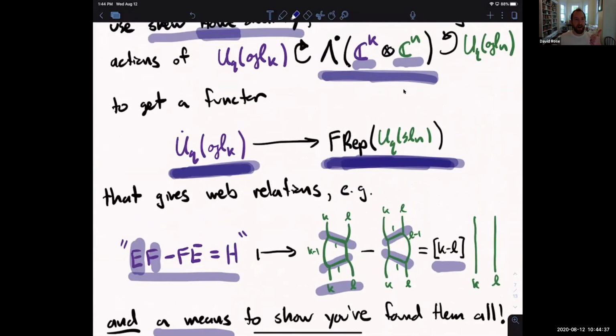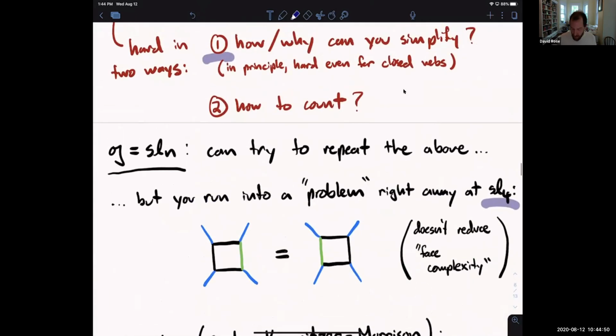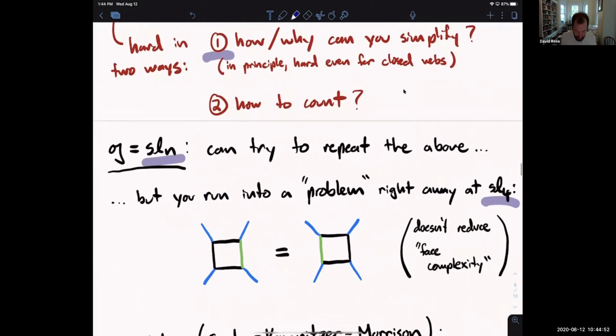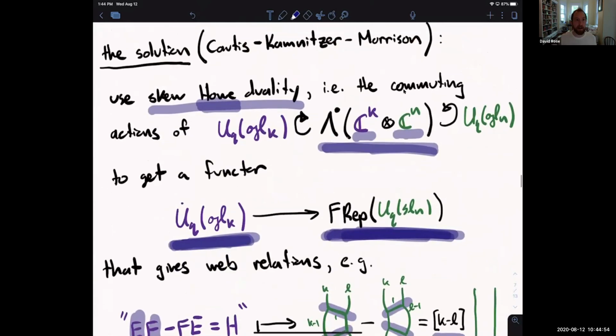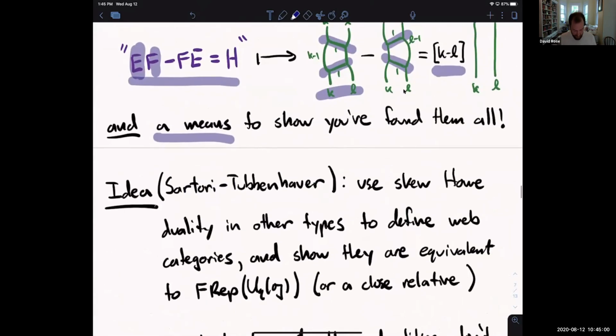So we've covered rank 1, we've covered rank 2. We've seen that maybe the methods for solving this problem in ranks 1 and 2 don't immediately give us the answer in rank 3. But for SLN, you can try some different idea, and that actually gives you everything. Of course, then you have an idea, and this appeared in a work of